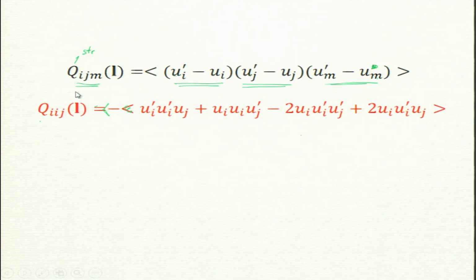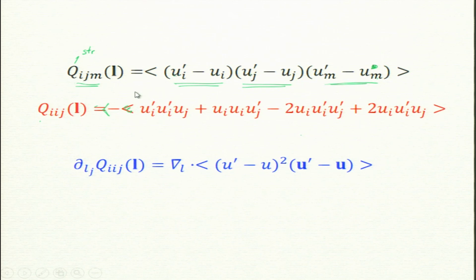Now we would do one more step. I take the derivative of this with respect to Lj. So what do I do when I take the derivative? What happens to this term? This term goes to 0, because I take the incompressible condition, and I forgot to tell you that this also will be 0.